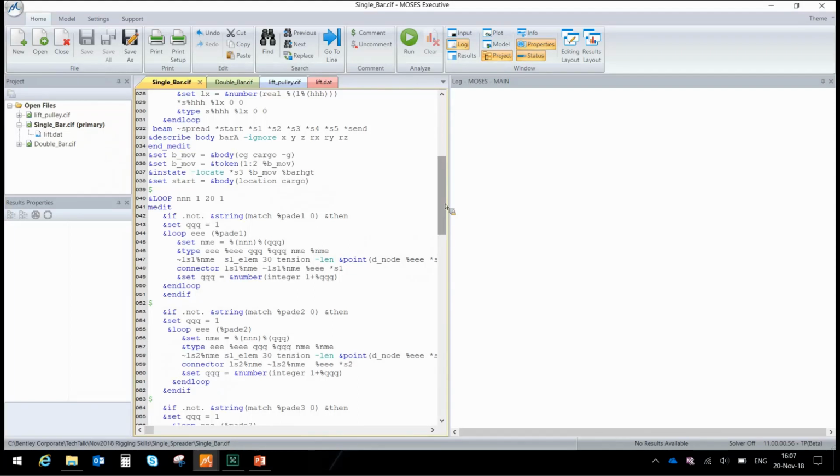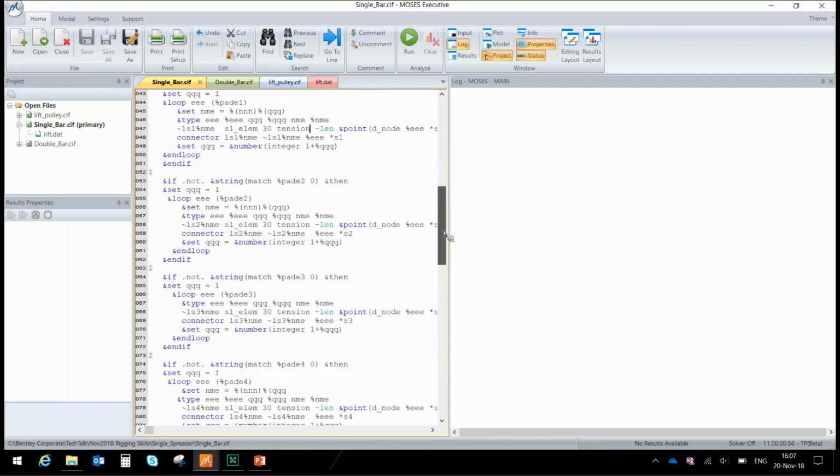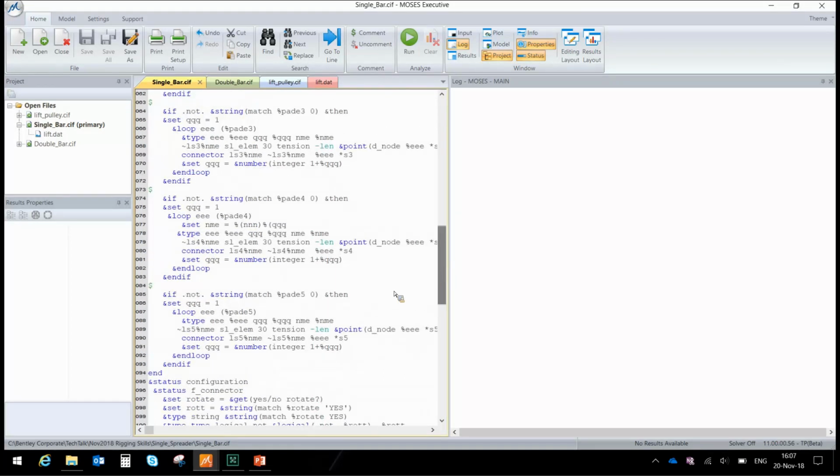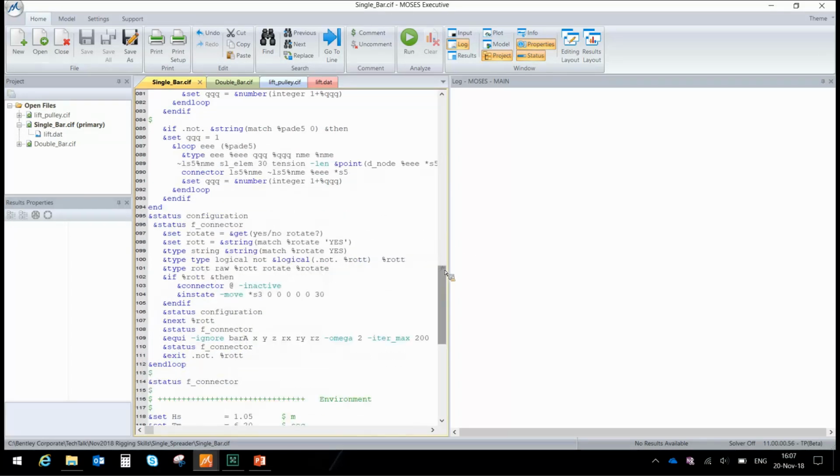And then with the use of the connector command, after I have defined a class for the slings, whose dimensions can be seen here, and properties, for each and every pad eye, I can set up a connector between the bar and the pad eye. I'm repeating this 5 times, as many as the hook number in my bar,